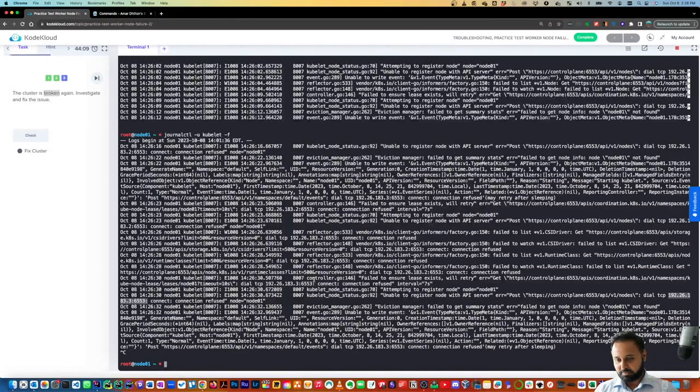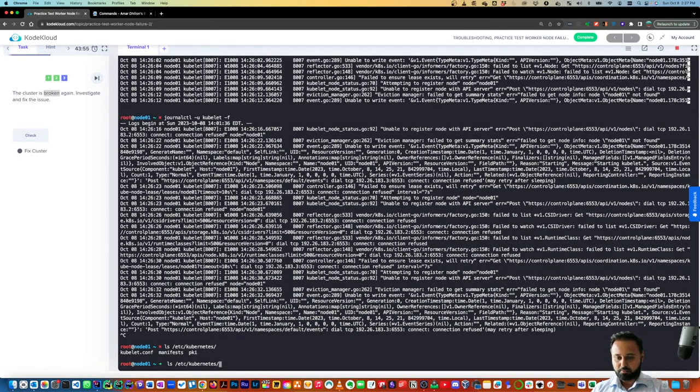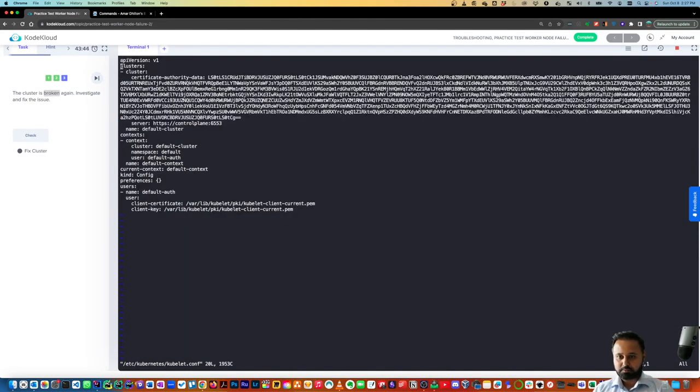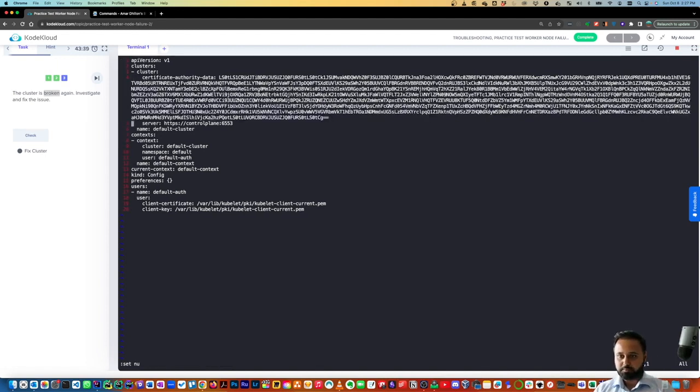As we know, the port number is 6443. So let's change it. But where should this file be? I think it is one of the files in the etc Kubernetes directory, and here we have the kubelet.conf file. So this should be the file. Let's see this file. Let me show the line numbers. On line number 5, yeah, this is where the port number is wrong. So let's change it to 6443